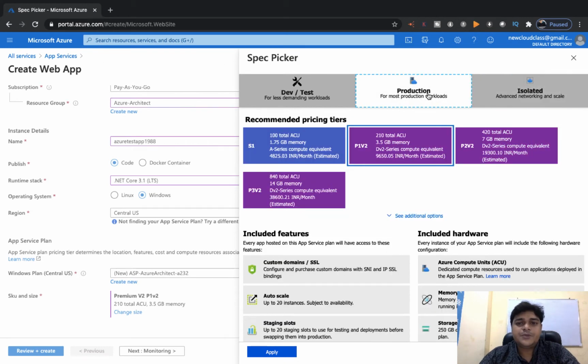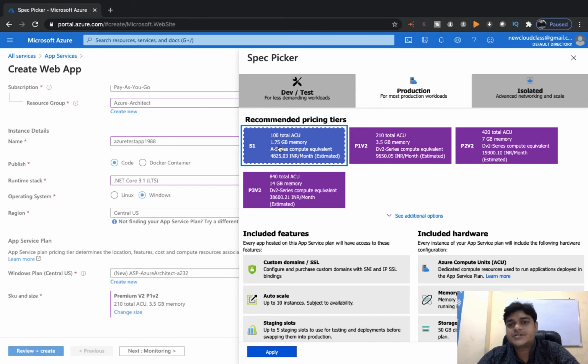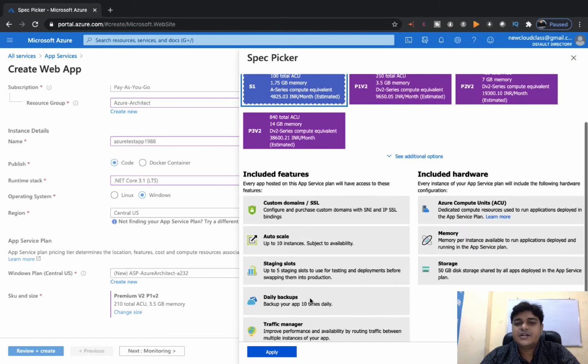So I'm going to proceed with the production environment because we are planning to perform lots of tasks with the same practical, because we will also try to add our GoDaddy.com domain to our existing website. So that's why I'm going to proceed with S1, because S1 gives us a lot of options: you can configure a customized domain, you can purchase the SSL, and the auto scaling service is also available. So that's why I'm going to proceed with S1.